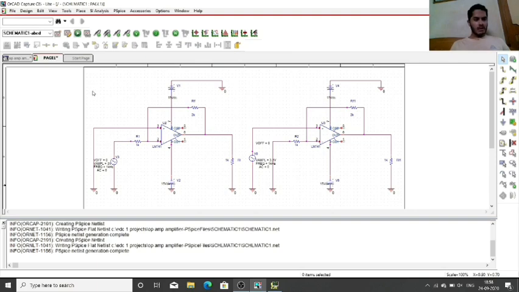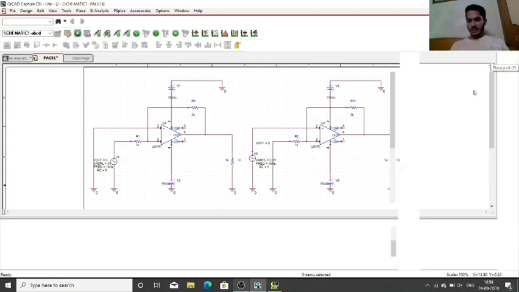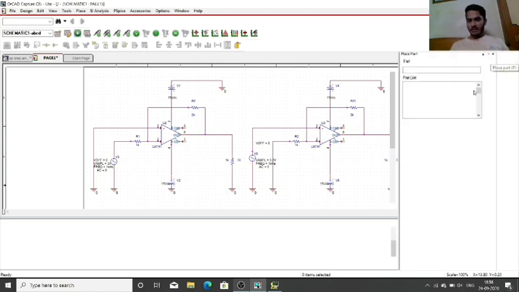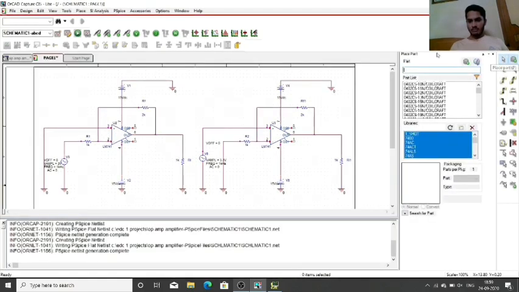This is the ORCAD schematic window, and I have already created the schematic for an inverting amplifier and a non-inverting amplifier. So I'll walk you through the basic steps needed for creating a schematic. First, to add a part, we can click on this icon to place any part or component. And we can see this window has appeared. Now we just need to add the name of the component we need to add.